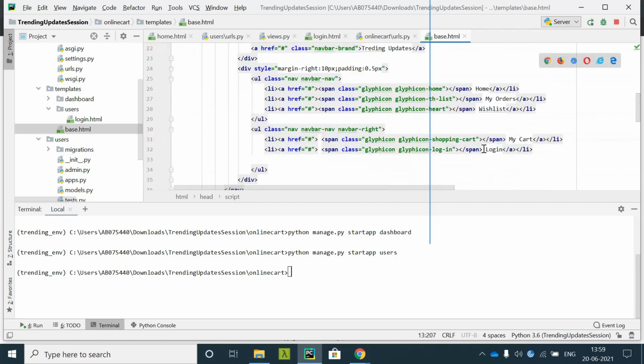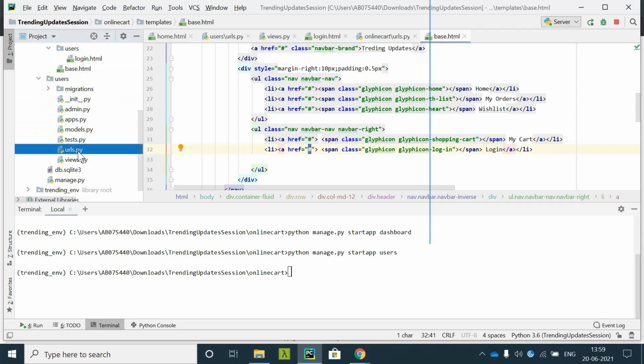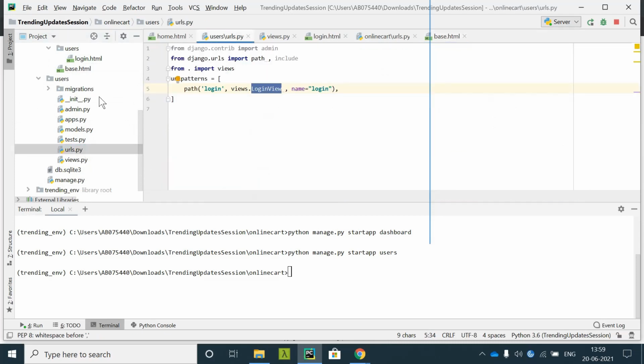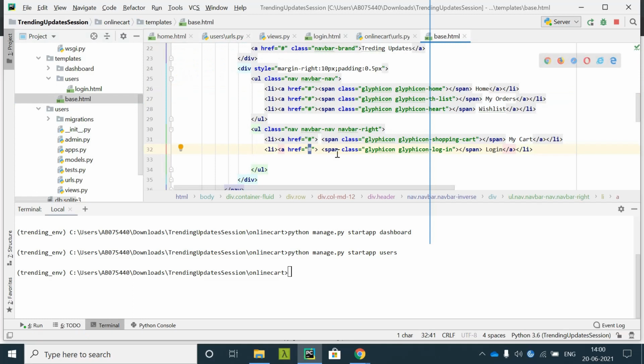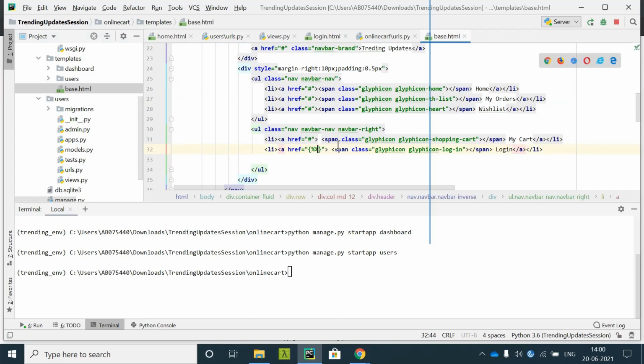When we click on the login page, here I need to call our login view from the users. What I'll go ahead and do is, inside base.html, I'll create the absolute path like this: URL, and then say users.